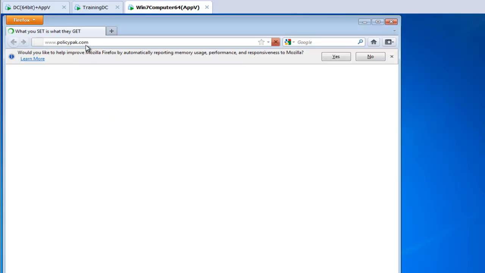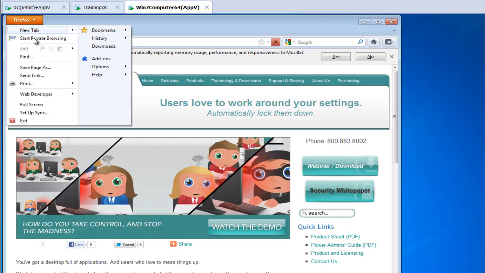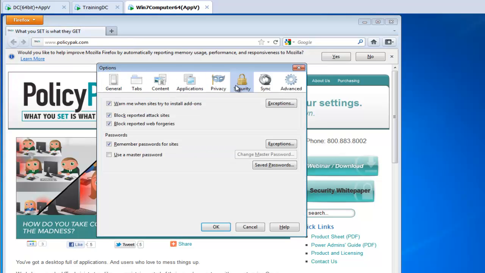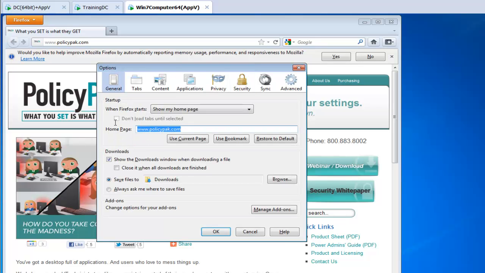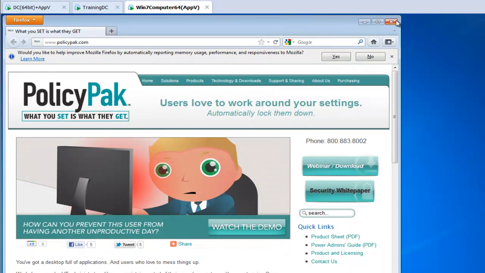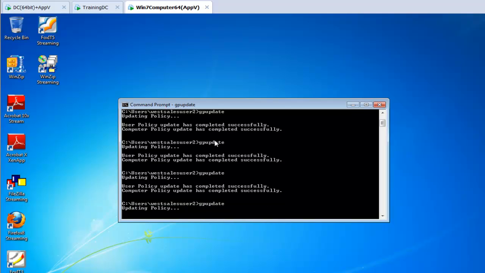And there it is, PolicyPak.com. There's the home page. We'll go to Options and go to Security. Boom, it's checked just the way we expect. If they were to uncheck these settings or change the home page to, I don't know, I'll make it Google for now, google.com, something like that, the very next time group policy is updated,